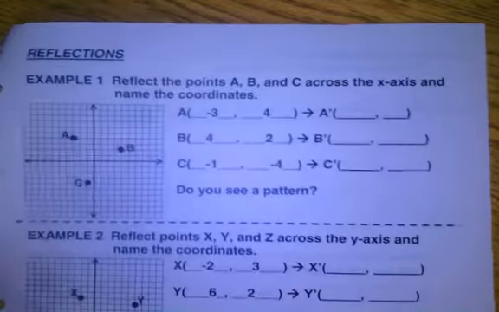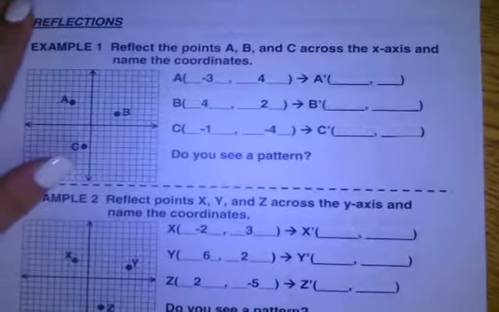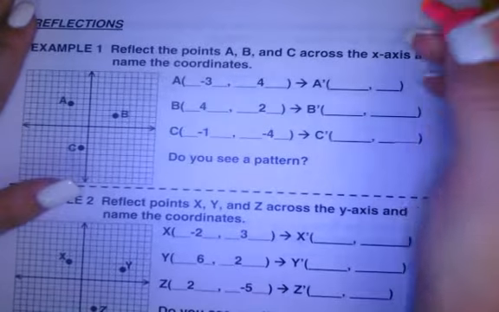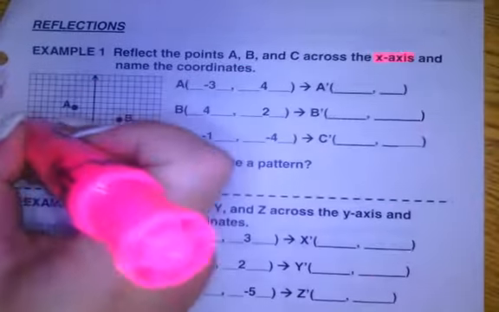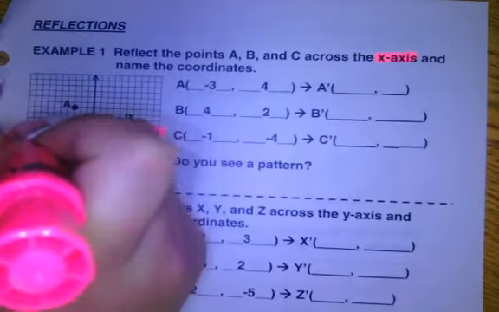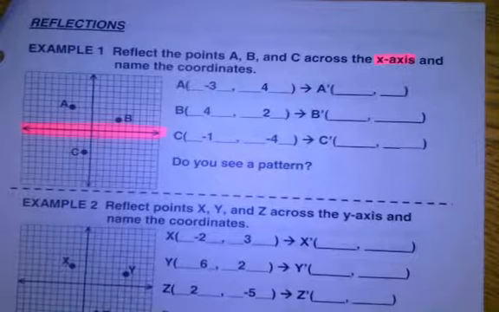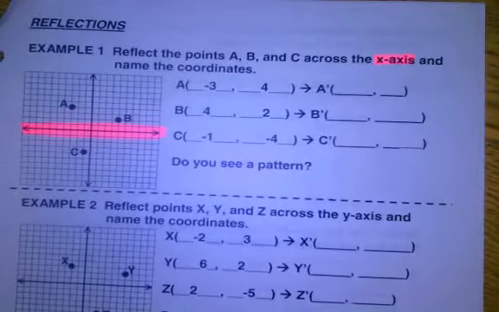Example 1, reflect the points A, B, and C across the x-axis and name the coordinates. First thing, always highlight what you are doing. You're reflecting over the x-axis. After you've highlighted it in the problem, go and highlight the actual axis. We still make tons of mistakes, like when we were rotating figures around our axis, of rotating around the wrong one. So hopefully, if we get into the habit of highlighting which axis we're reflecting over,